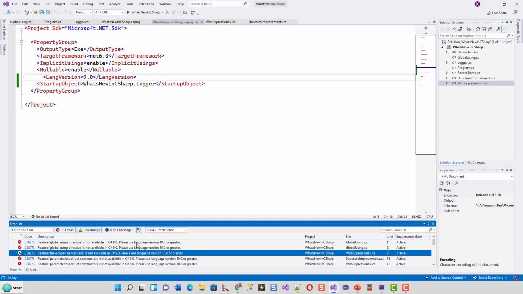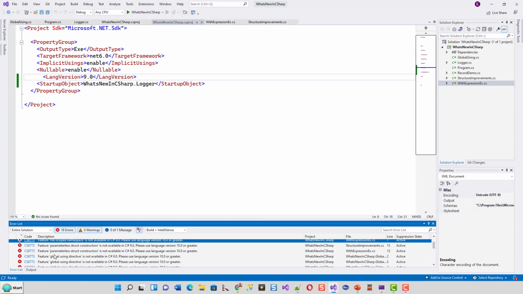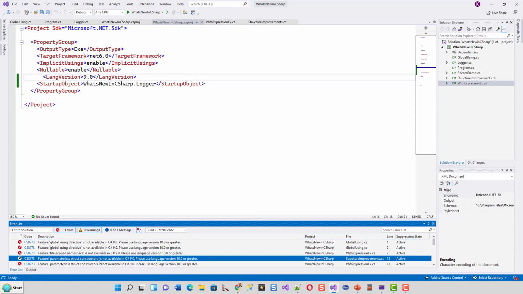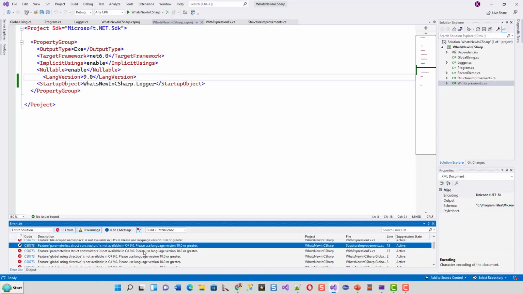If I make it a little bigger, you can see that. Can I magnify this? Control plus. Anyway, it's not allowing me to magnify, but you can see these features are not available with C# 9. Similarly, feature parameterless struct constructor is not available in C# 9.